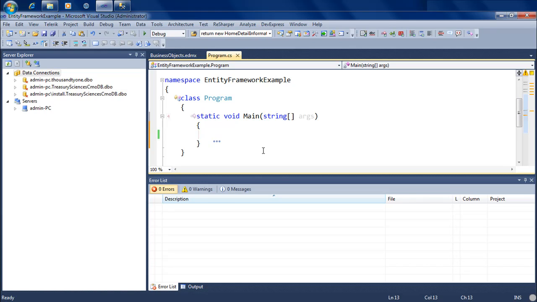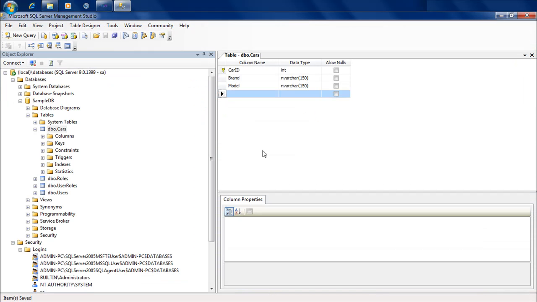What we are going to talk about in this video is table per hierarchy inheritance. What's different in this inheritance model is that we are still simulating inheritance using the database, but this time we're going to simulate it using a single table, which means even though I would have multiple entities in my object model, they would all store data in the same table. Let's illustrate what I mean by that.